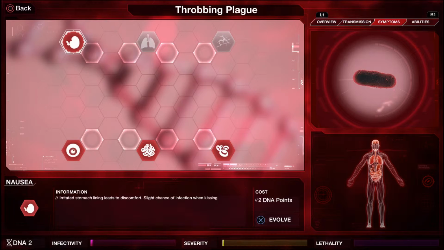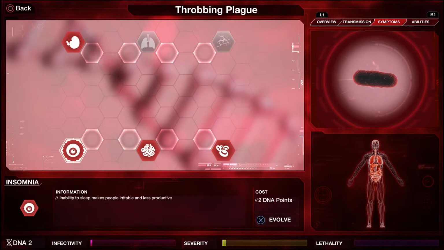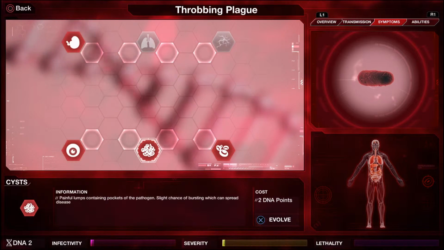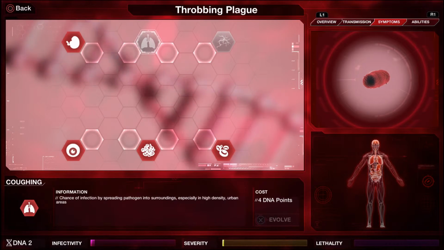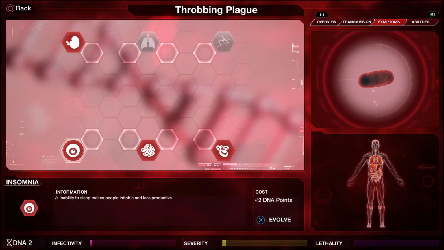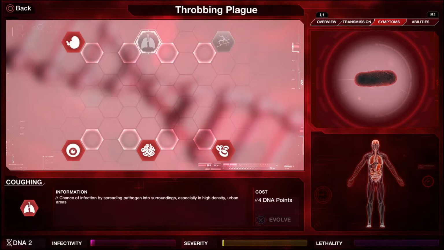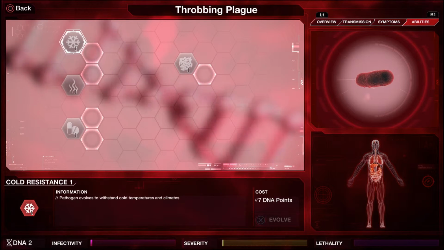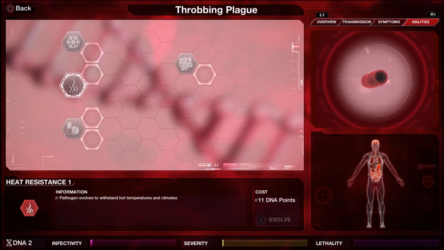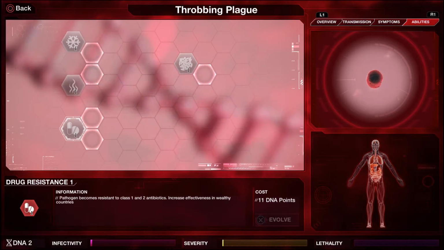Okay, symptoms. We don't want symptoms just yet though, but this is the chart for various symptoms that we can develop, and as we develop one, we can actually develop an increased version of that, and later on, when we get into the middle, those symptoms can actually become fatal. Abilities. Down here we have